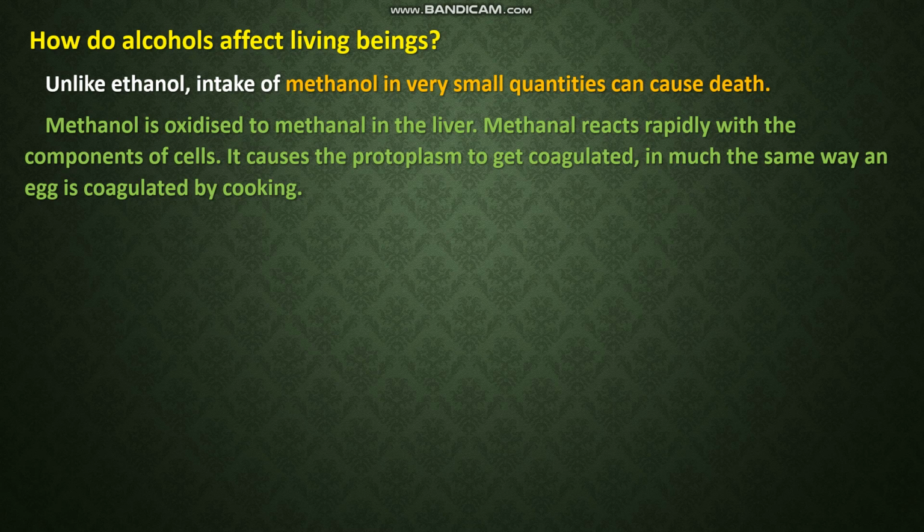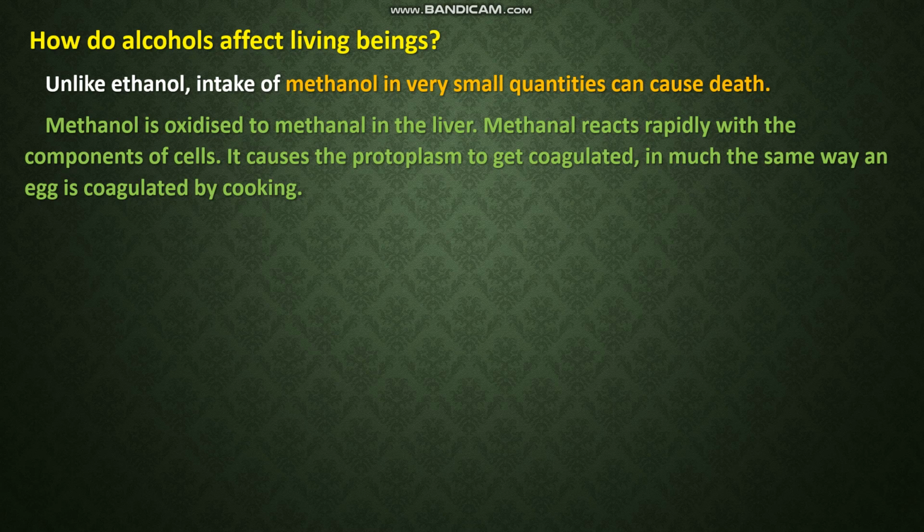So here, when methanol is partially oxidized, what is produced? Methanal, that means an aldehyde, is produced in the liver. This methanal reacts rapidly with the components of the cells. It causes the protoplasm to get coagulated in much the same way an egg is coagulated by cooking. You know, the egg white is in a semi-solid state. When it is cooked, what will happen? It thickens. The same way, this